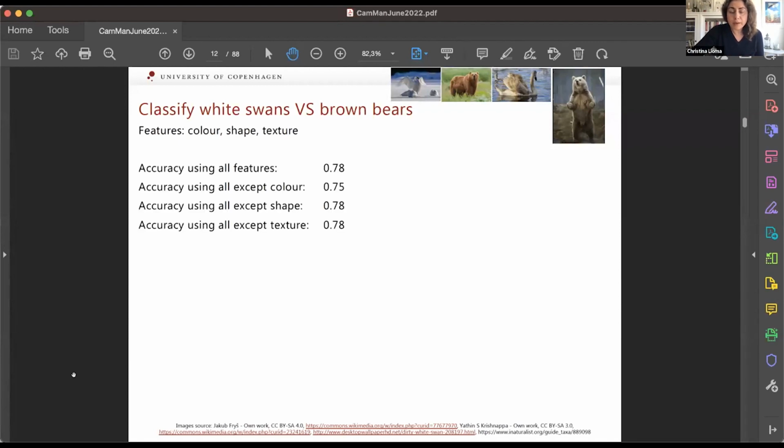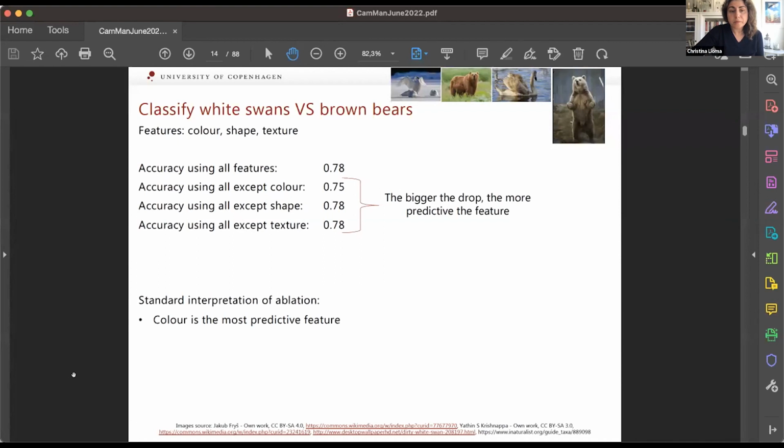And let's say that we have three features for a data set of this type: color, shape, and texture. And we do experiments using all features. And then we take turns ablating each of those features. And we get an accuracy between 0.78 and 0.75. Then the rationale behind ablation is that we observe the drop in accuracy by ablating each of those features. And we reason that the bigger the drop that we witness, the more predictive the respective feature is.